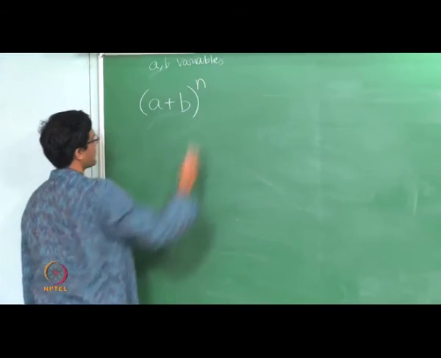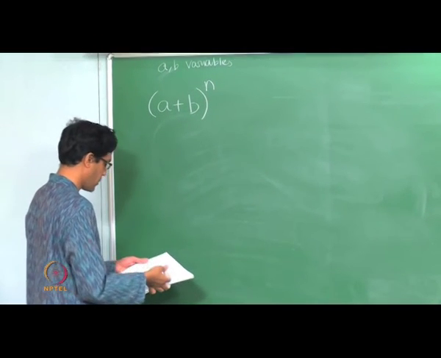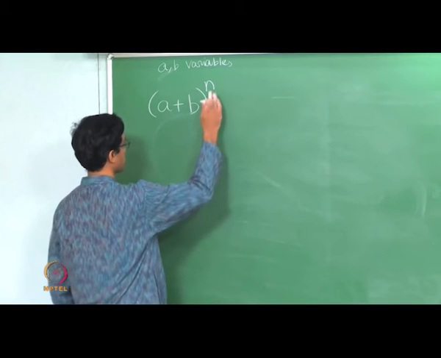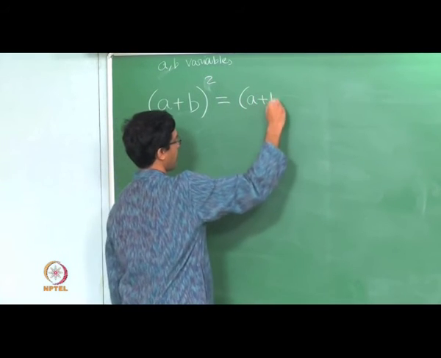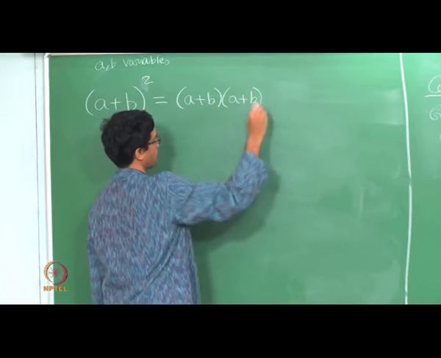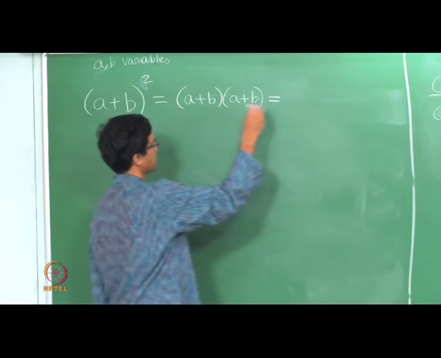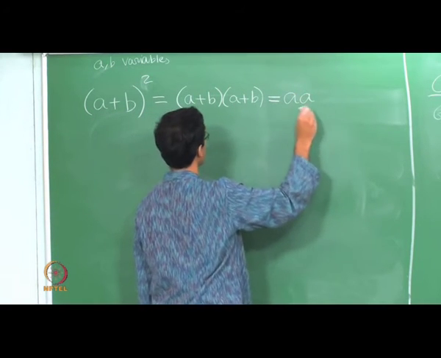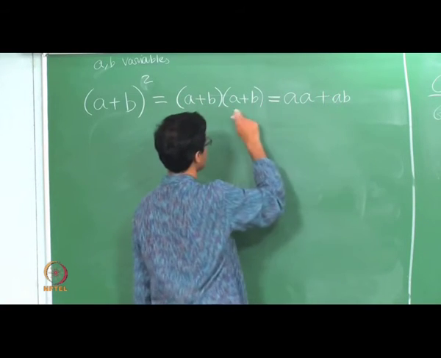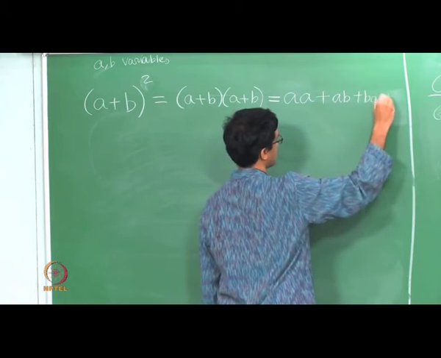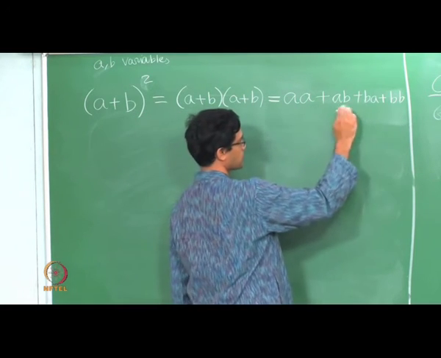We are often interested in trying to find how (a plus b) whole power n expands out. Now we will just do this by example. We will look at (a plus b) whole squared. That will give you the well known identity. I have (a plus b) times (a plus b). But I am going to do it with a slight change. I will use the distributive law. I will write it as a times a, not writing it as a squared for the moment, plus a times b, plus b times a, and plus b times b. And of course you recognize this is a squared plus b squared plus 2ab.